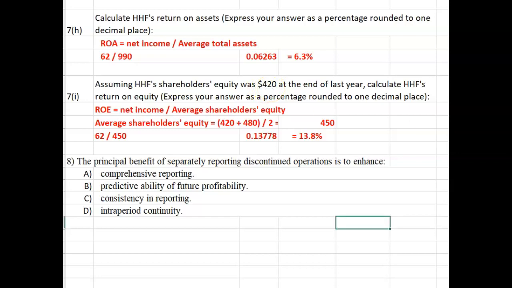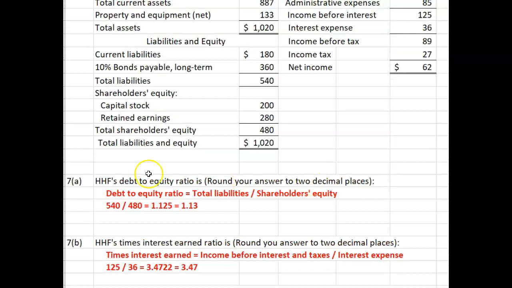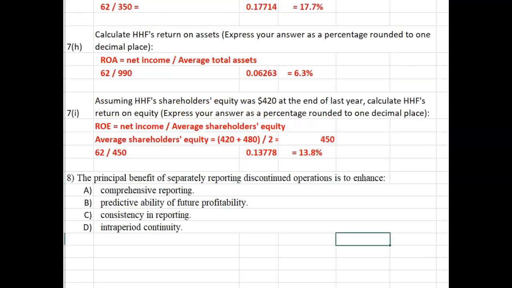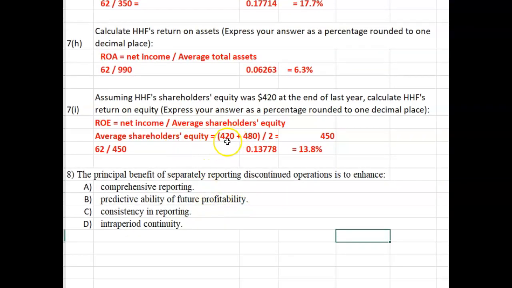The ending shareholders' equity is $480,000. $420 plus 480 divided by 2 is average shareholders' equity of $450,000. Net income of $62,000 divided by $450,000 equals 0.13778, which rounds to